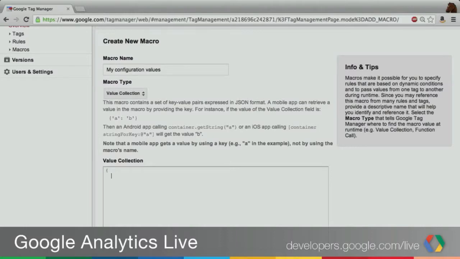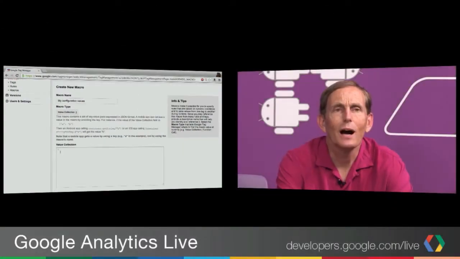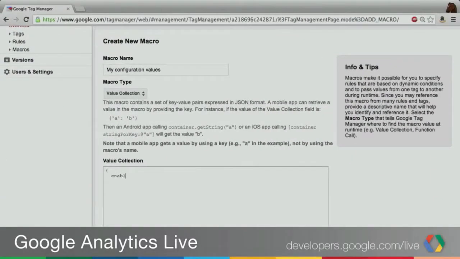Well, actually, let's not get a string, let's get a Boolean. So I've got a new UI element that I want to be able to display. So enable my new UI feature. Okay. And we're going to set that to be false